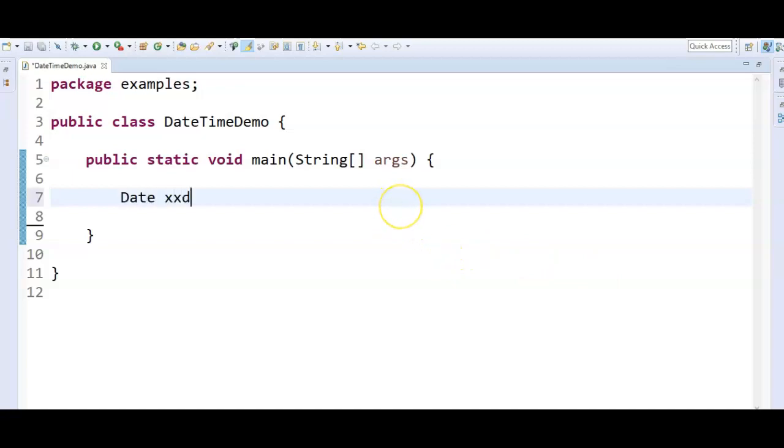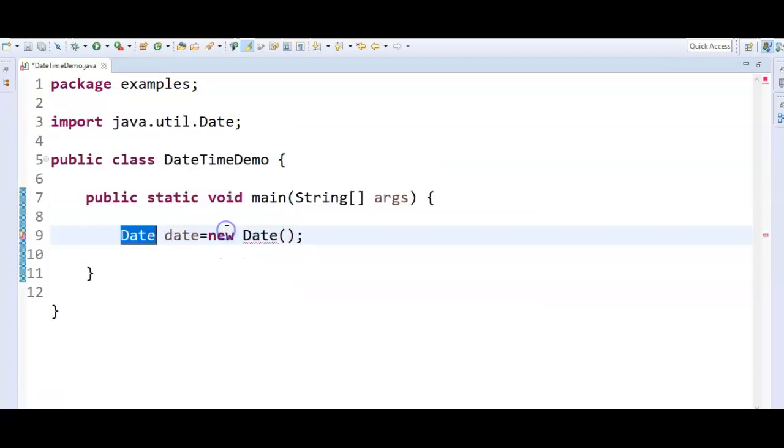First, we'll create a date object, Date date equal to new Date. So this is how we create a date object. And from this date object, let's do quick fix and import the date, java.util.Date.